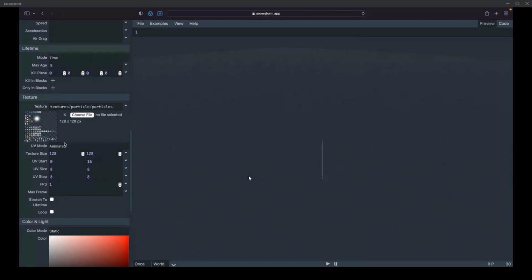But yeah, if I actually wanted to use one of the animations from this, I would select, let's see, 1, 2, 3, 4, 5, 6, 7, 8. Let's just say 10. So that's UV start is 80. And then we're going to step it 8 and then 0. All right, let's see.